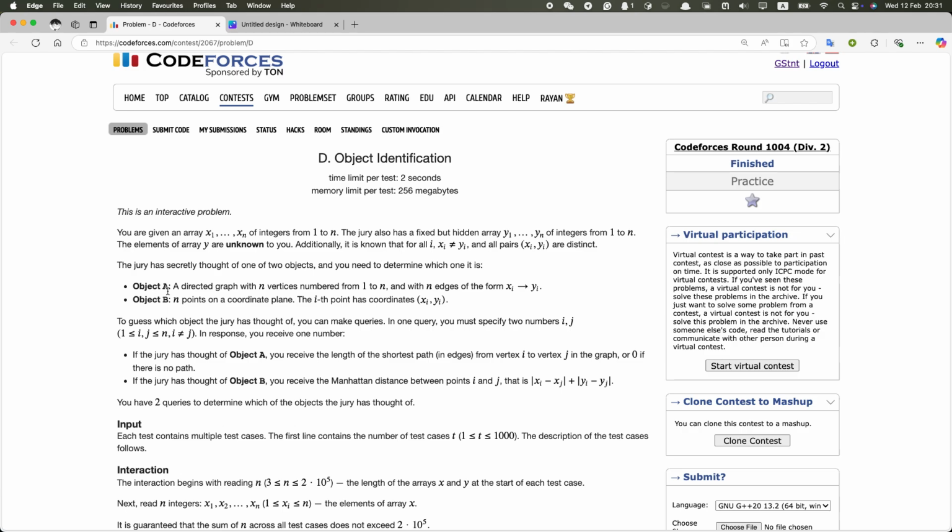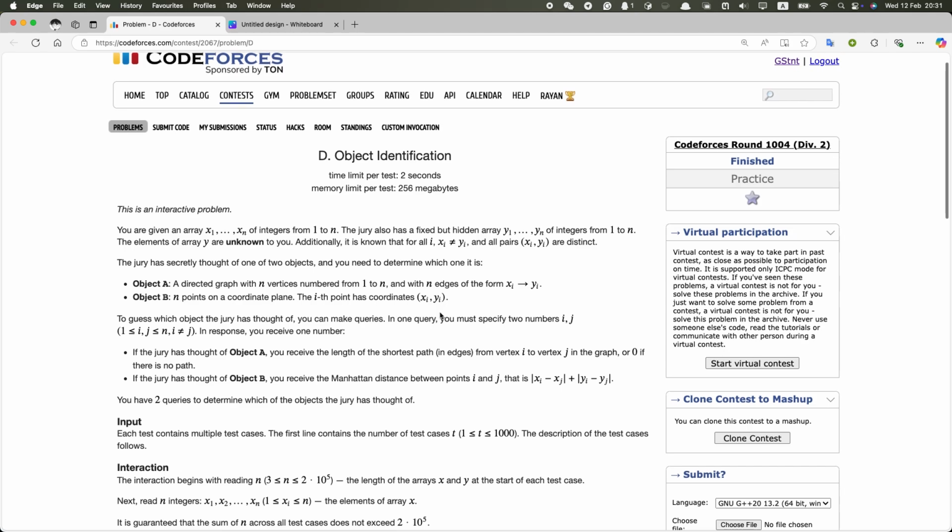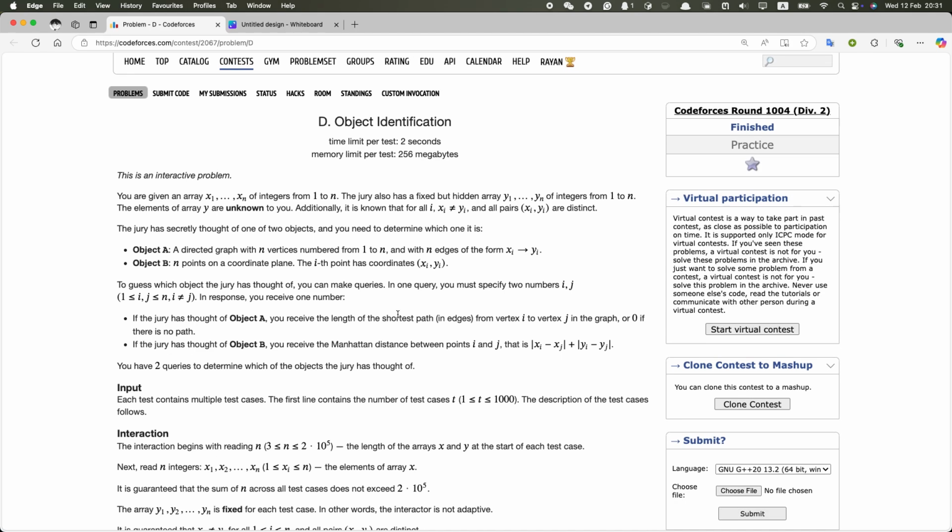And the second object is that there are n points on a coordinate plane, and the ith point has coordinates xi, yi. The problem lets us guess which object it is in this problem. We need to guess which object